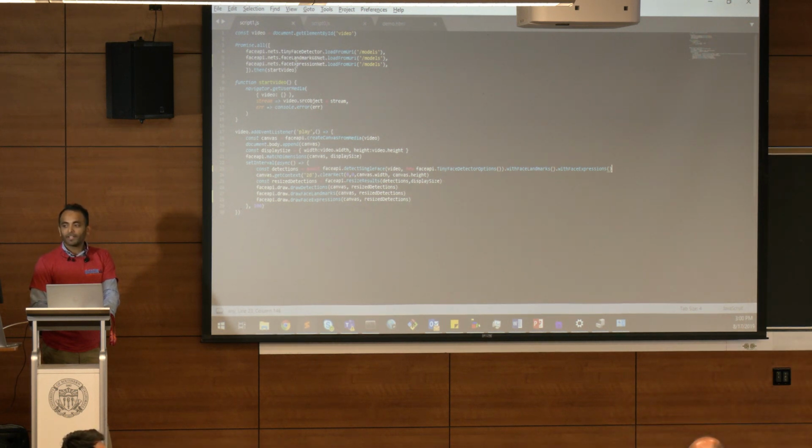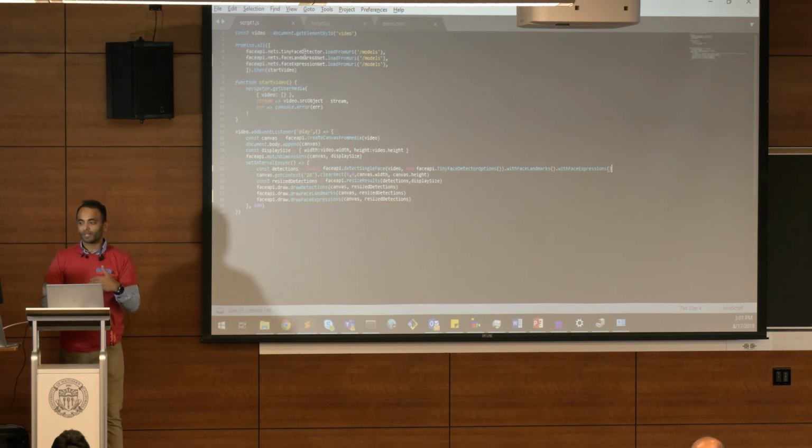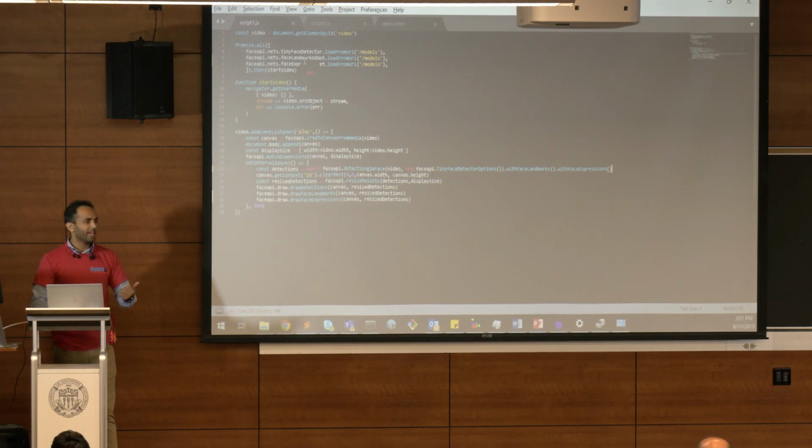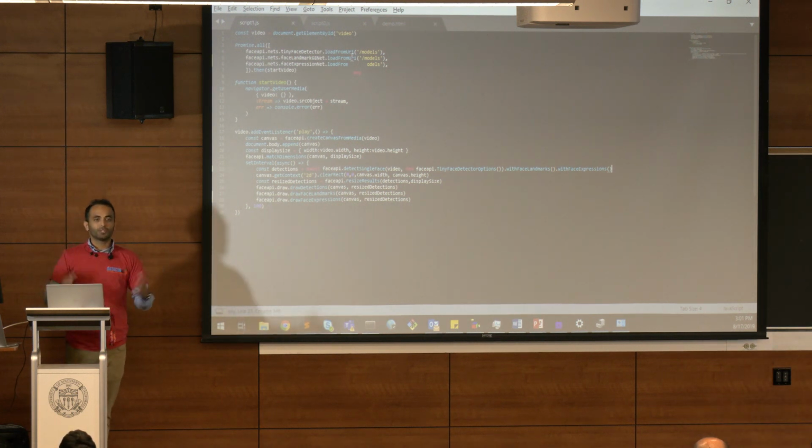Right. And it's worth noting, face-api actually exposes a number of models. We're only showing a couple here, but they have ones for age and gender and a lot of different things. I was just reading a paper earlier today. There's a researcher, I forget which university, but they're releasing a face expression network that's got a lot more emotions. We were talking about how these 4 emotions are just a subset. So as these emotions come out, you can just load them in and run them.